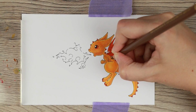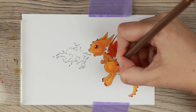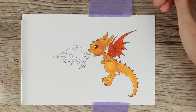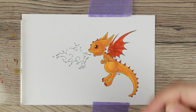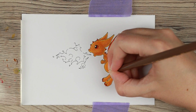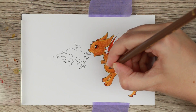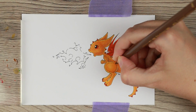Or I can jump color family. In this case, I wanted the shadows to be a little bit more reddish and not towards the green spectrum, because I already have orange tones from the yellows. By going for the green spectrum, I would make mud, because the red and the green together will make a little bit of mud. So I'm going towards the redder spectrum instead, and I'm doing that by going with a YR15, which